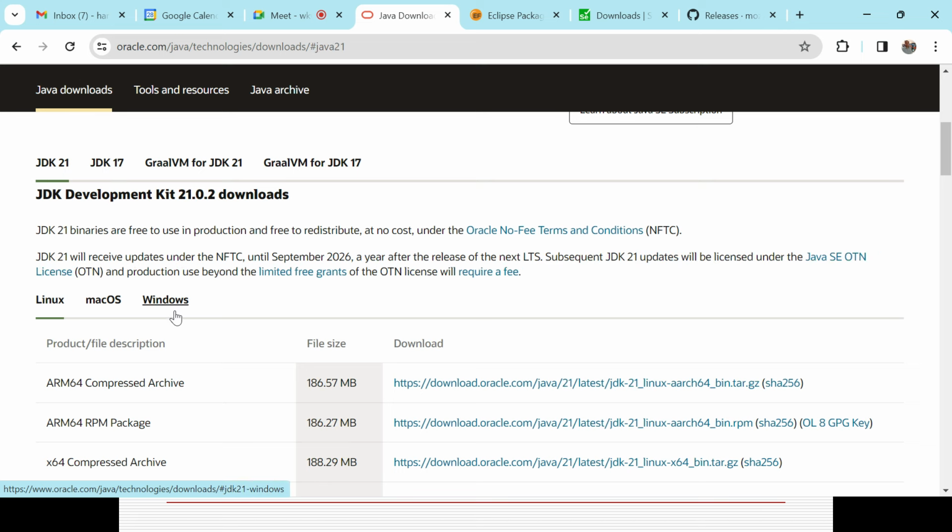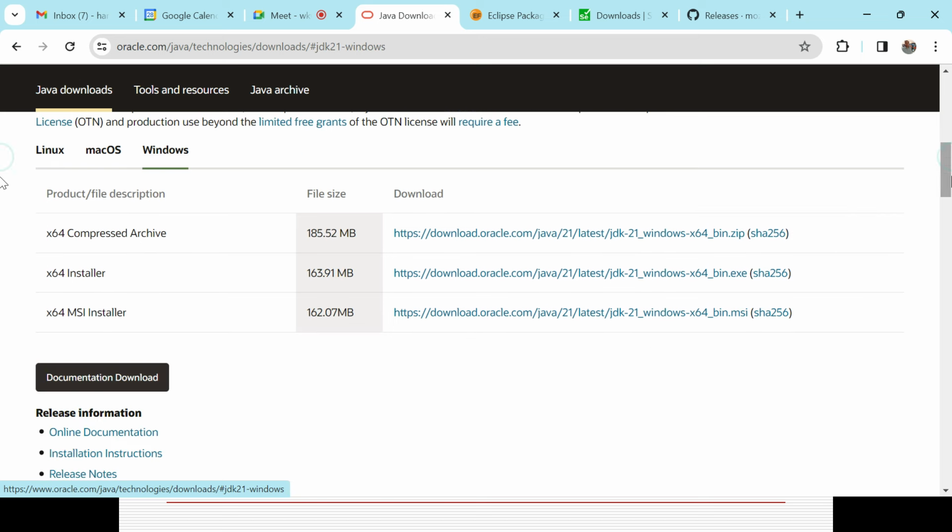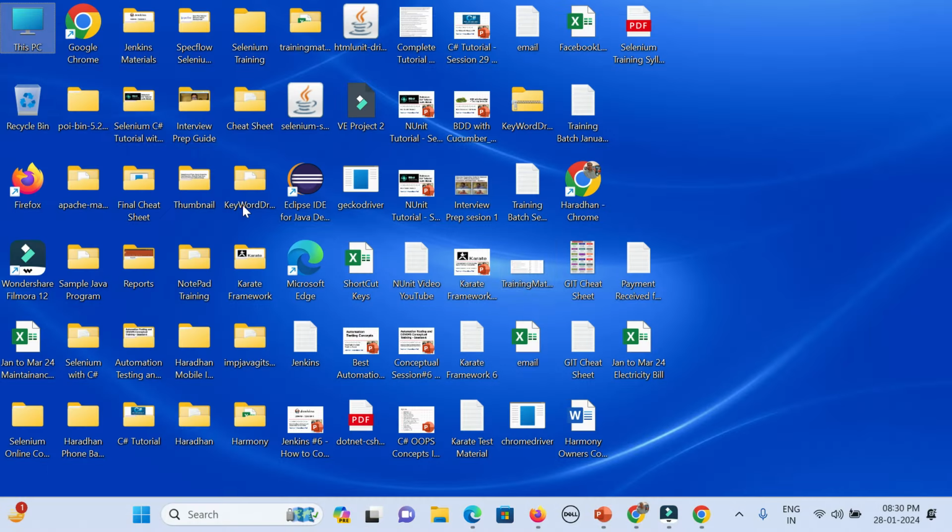You need to go based on your OS. In case you are using Linux or Mac, you need to go here. In case you are using Windows, you need to click here, and click on the option x64 installer. It will download. After that, it will open. You need to sign into the Oracle site with your credentials. In case you do not have credentials, you need to create them. After that, it will be downloaded and added to your C drive. That part you can try, or I will help you. That is the thing you need to download.